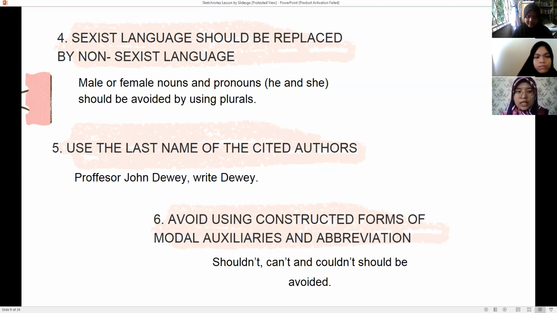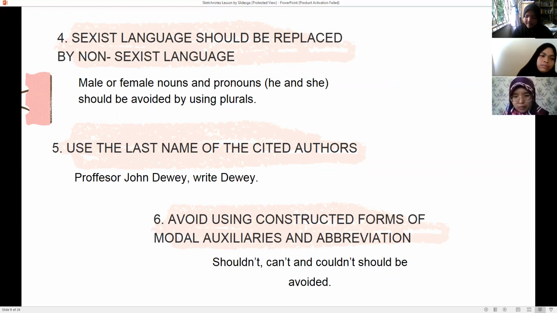The next one is use the last name of the cited authors. For example, if the name of the author is Professor John Dewey, we should only write his last name, which is Dewey. The next one is to avoid using contracted forms of modal auxiliaries and abbreviations. For example, the words shouldn't, can't, and couldn't should be avoided.